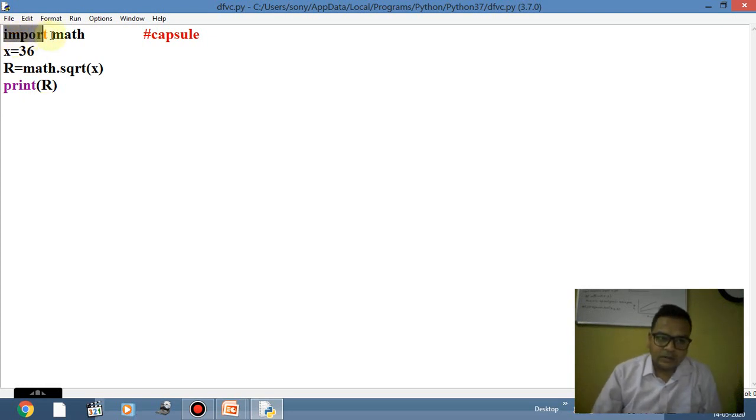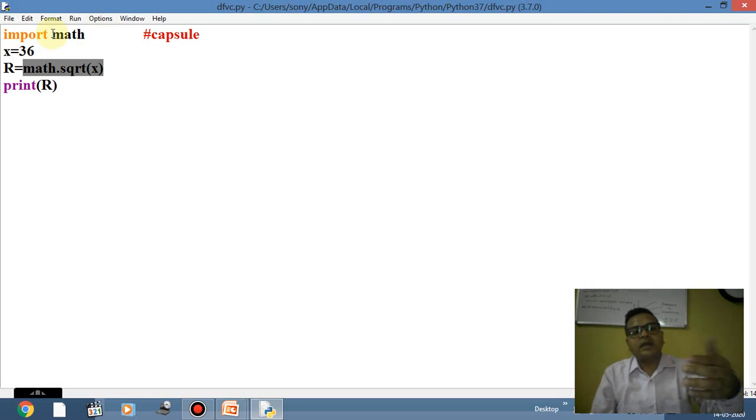Import math means I have imported the whole module. And now if I know all the functions of this particular math, I can simply use math dot the respective function name that has been defined under the math module. So this is an inbuilt function of a library. It is none of our concern how it works inside, but we should know how to import that particular medicine and how to use it.